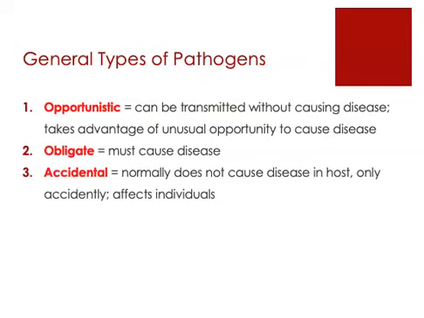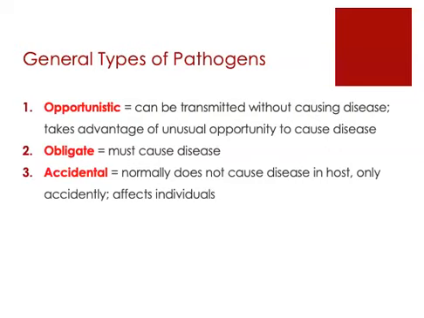When we talk about pathogenic microbes, we can describe three different general types of pathogens. The first is opportunistic, the second is obligate, and the third is accidental. An opportunistic pathogen is a pathogen that can be transmitted without causing disease, but will cause disease under certain circumstances with the host. In other words, an opportunistic pathogen can be thought of as taking advantage of an unusual opportunity